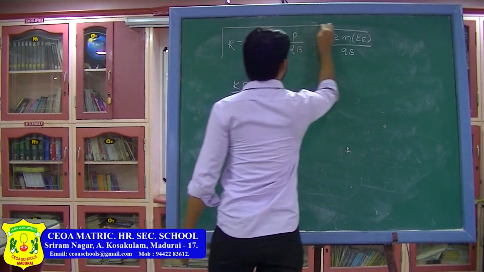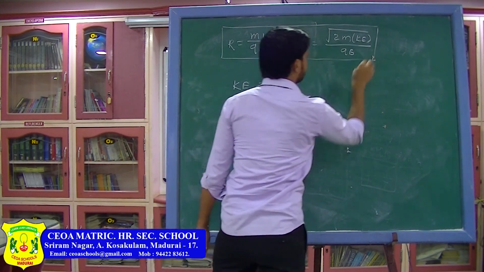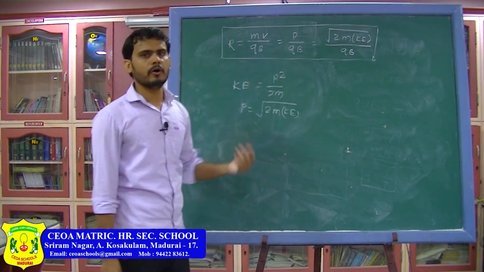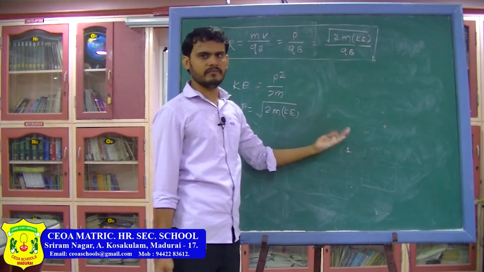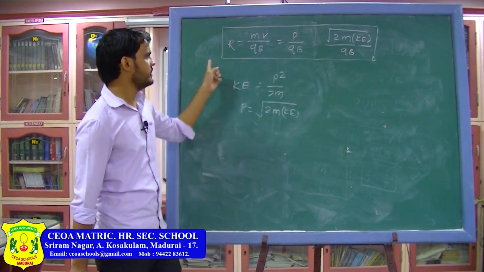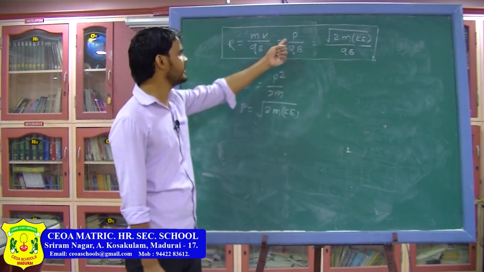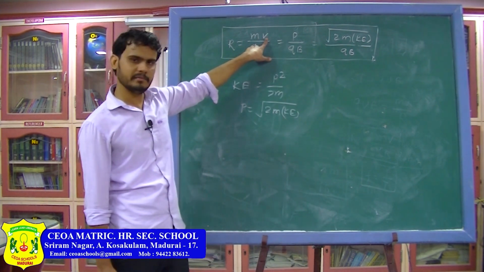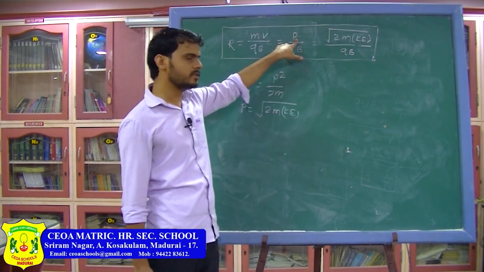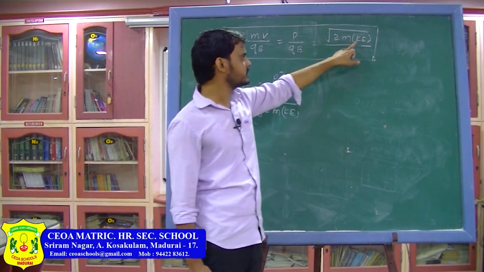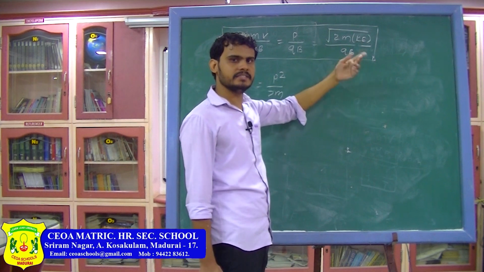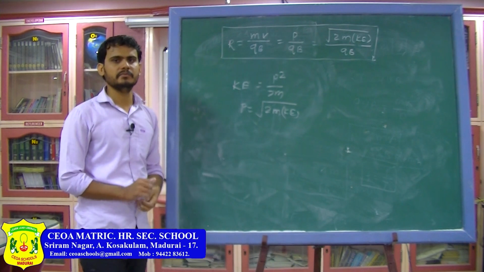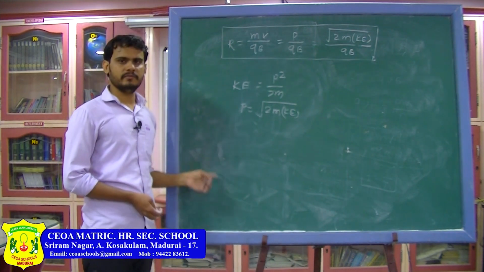So you can remember these formulas, because sometimes instead of giving you the mass and velocity separately, they can give you the momentum or the kinetic energy of the particle. From that you have to find the radius of the particle. So again they can ask you how the radius depends on the momentum, how it depends on the kinetic energy. You can see radius is directly proportional to the mass, directly proportional to the velocity, or directly proportional to the momentum, or you can say it is directly proportional to the root of kinetic energy, not the kinetic energy, root of kinetic energy. So these are the different forms of the formula for radius when the particle is moving under magnetic force in a uniform circular motion.